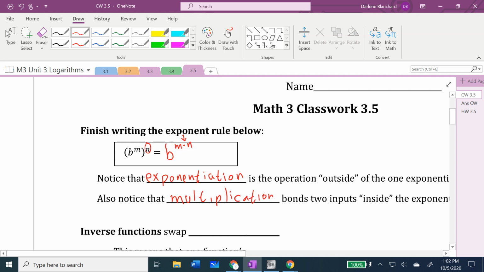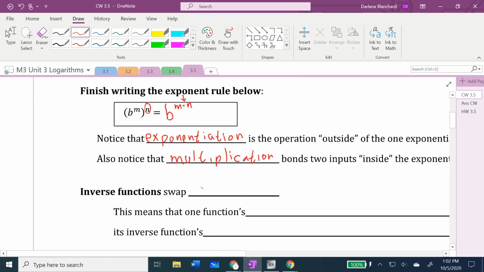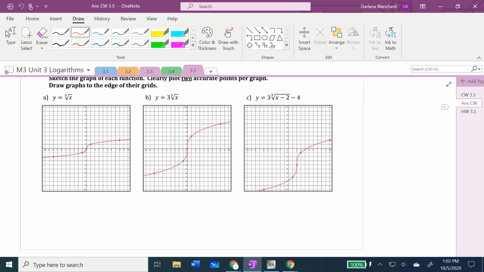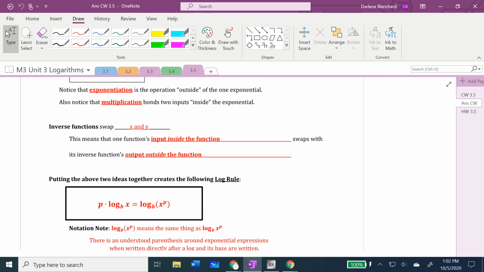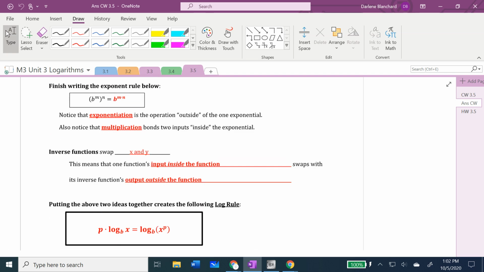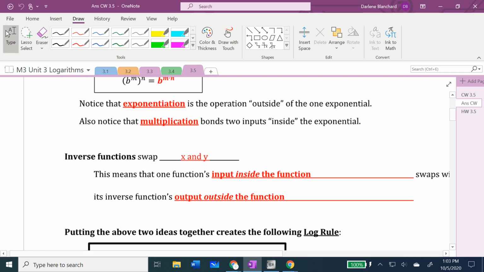And as before, remember that inverse functions swap. What do they swap? X and Y, which means that the one function's input inside the function swaps with its inverse function's output outside the function. So now,